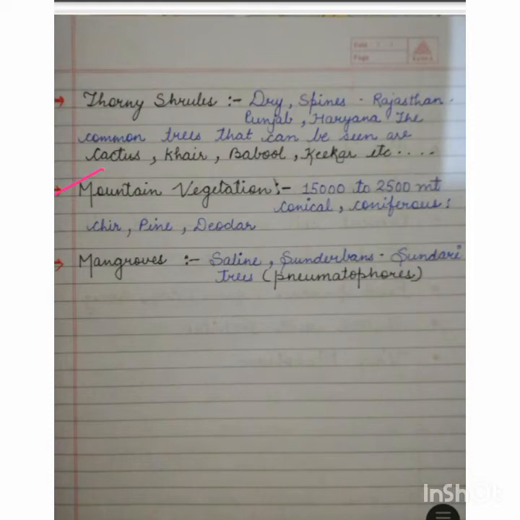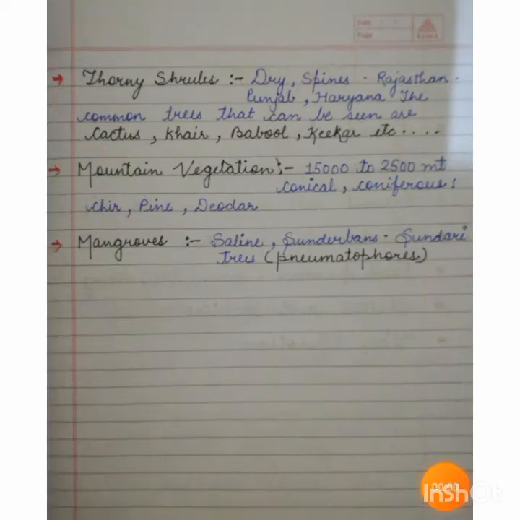At the height of 1500 to 2500 meter, trees are conical in shape and are known as coniferous. The main trees of the mountainous type of forest are pine, kedar, silver fir, devdar, oak, chestnut and jeer. Below this level, for example, up to an altitude of 1000 meter, tropical deciduous forests are found, consisting of hardwood